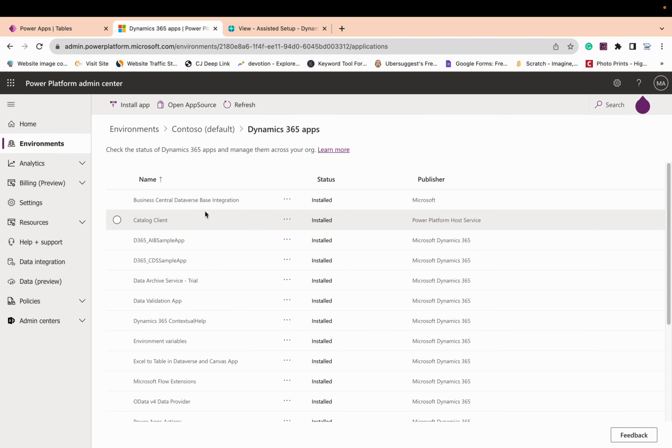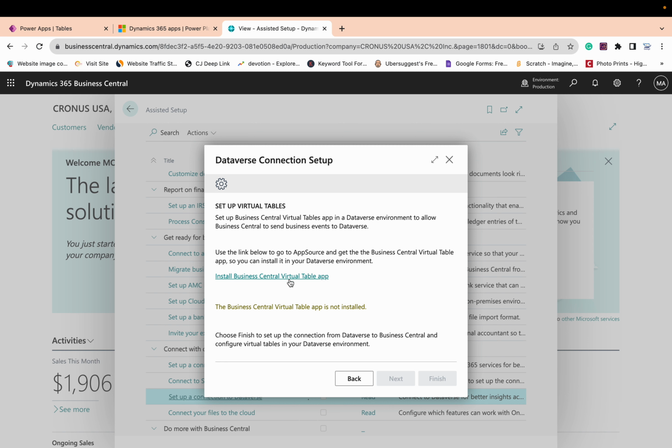So you can see here that the Dataverse base integration app is there, but the app which this setup is telling us is not there: install Business Central virtual table app. Okay, so click on this link,